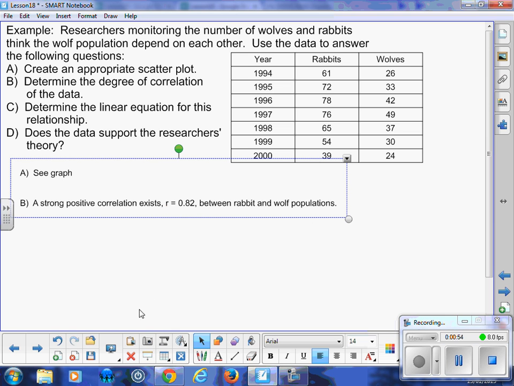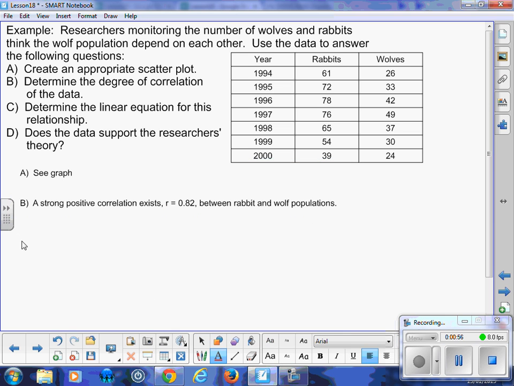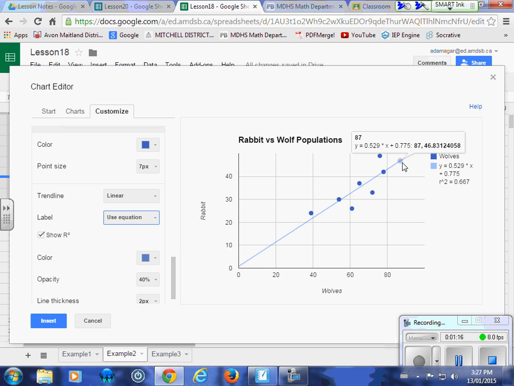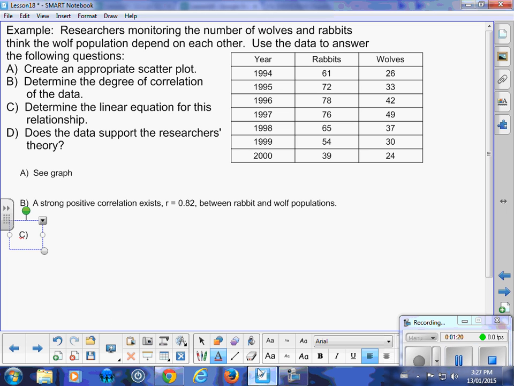So C part, they want us to come up with an equation to model this situation. So my equation will be, and like I said, it's just as easy to leave it at this stage to grab it off, because what you're going to find if you hit finalize, sometimes you can't see the entire equation, so I find it just as easy to read it here. y equals 0.53x plus 0.78. There we are, where